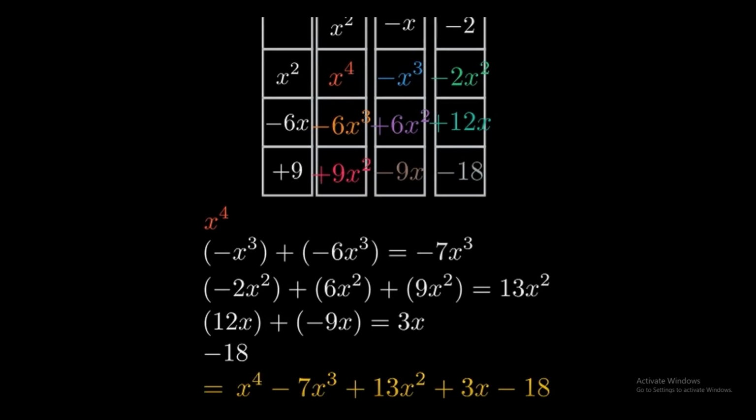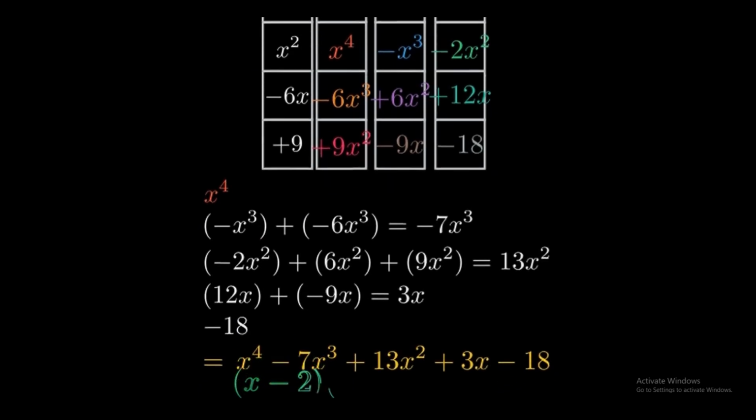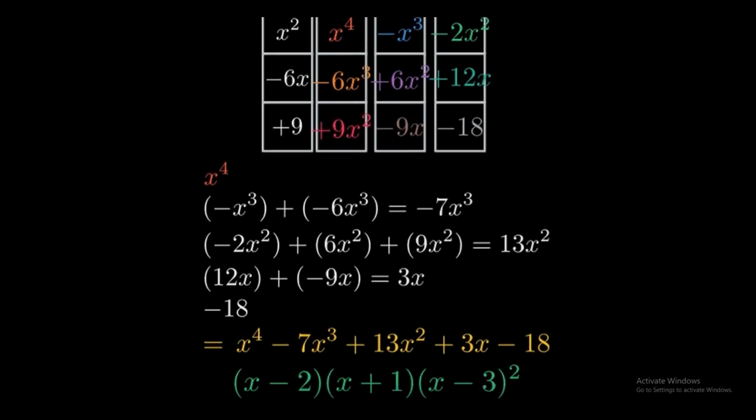Therefore, the factorization is x minus 2 times x plus 1 times x minus 3 squared. The colored grid multiplication confirms the original polynomial,